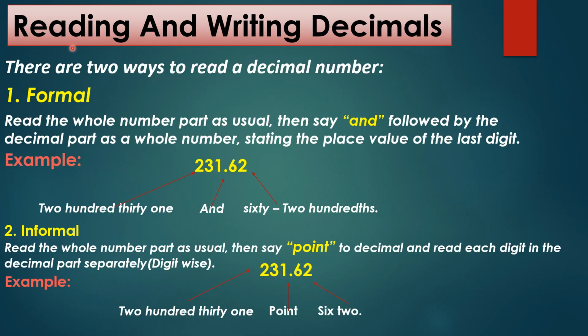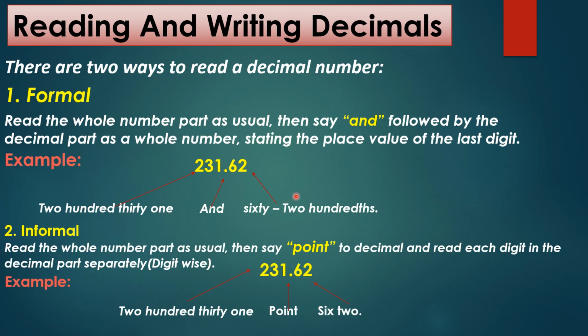Let's understand reading and writing decimals. There are two ways to read a decimal number: the formal and the informal way. In the formal way, read the whole number part as usual, then say "and", followed by the decimal part as a whole number, stating the place value of the last digit. For example, this is a decimal number. We will read the whole number as 231, the decimal point as "and",